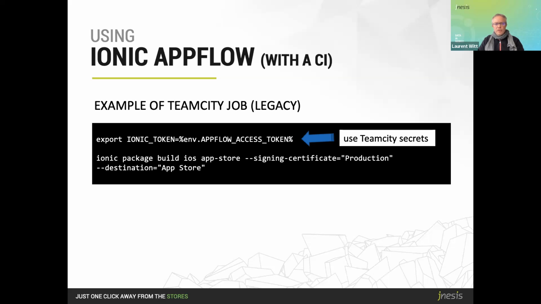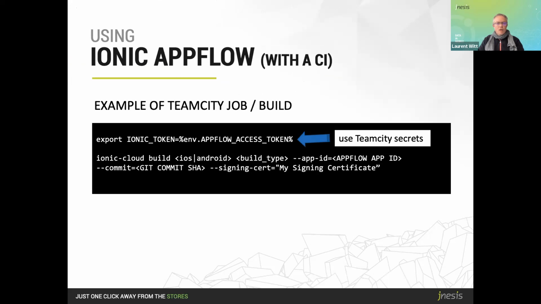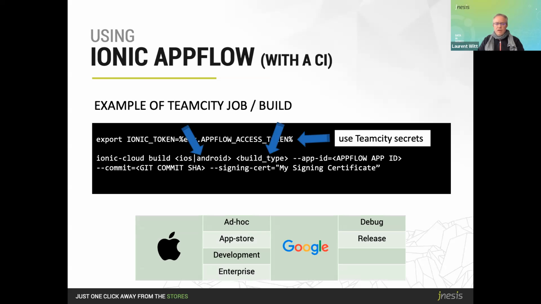In this example, we are showing you, let's say, a legacy approach to creating an iOS app, packaging it, and sending it to the Apple Store. The most up-to-date approach will be to use Ionic Cloud command. As you can see, you have to choose whether you want to use iOS or Android, and then define a build type. A build type can be ad hoc, App Store, development, or enterprise for iOS, and debug